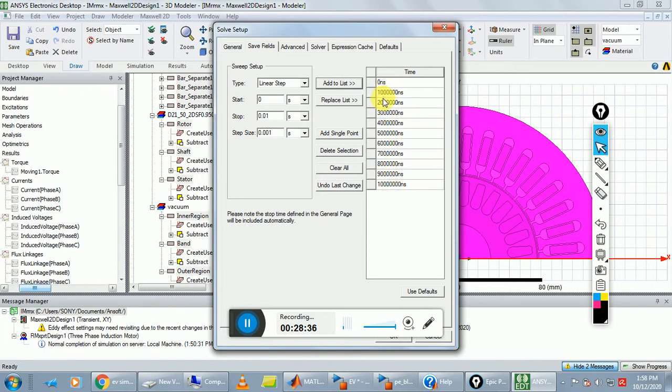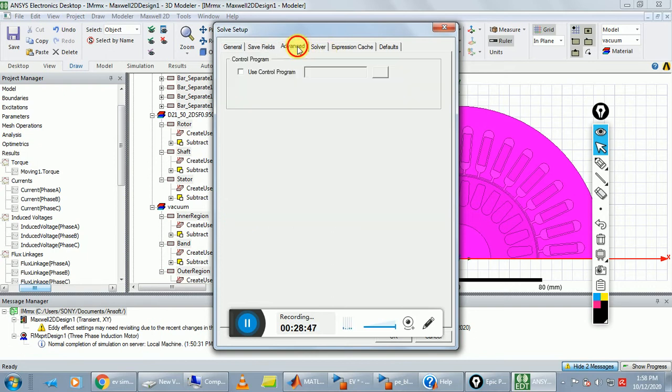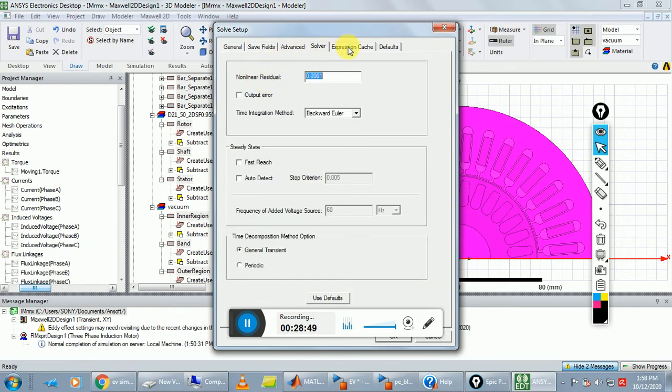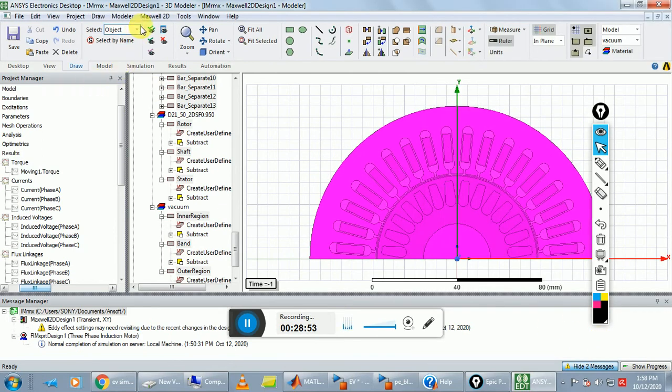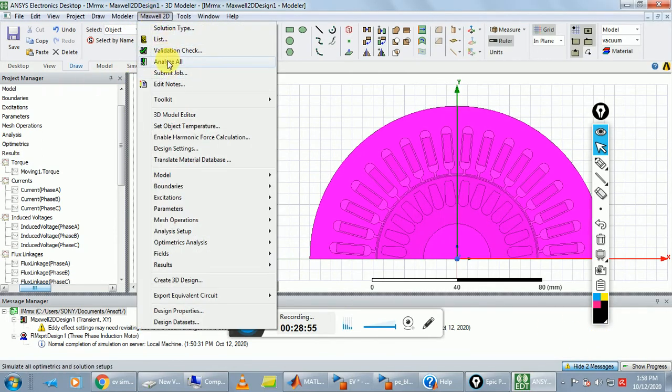This is your time steps and the next step is click on check, and all tabs it's correct and click on OK and again go to Maxwell 2D and apply validation check.